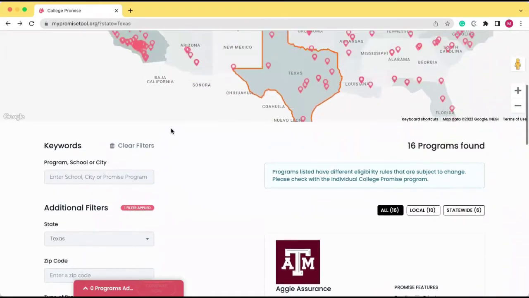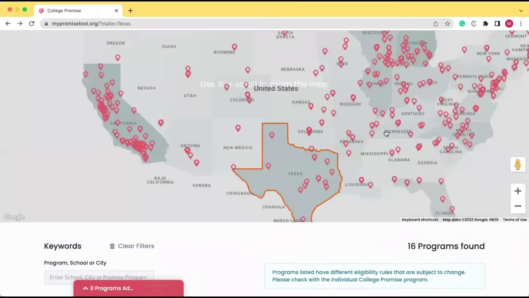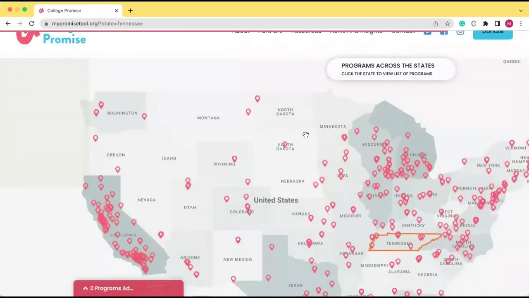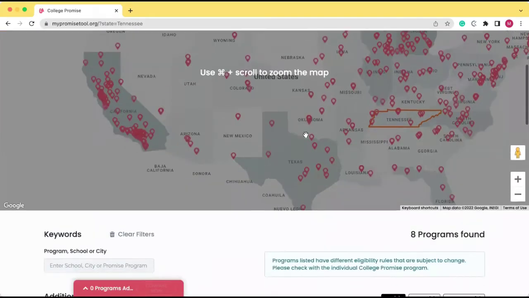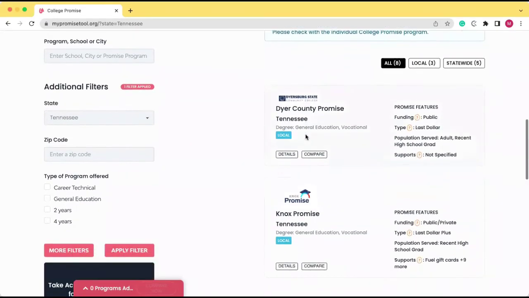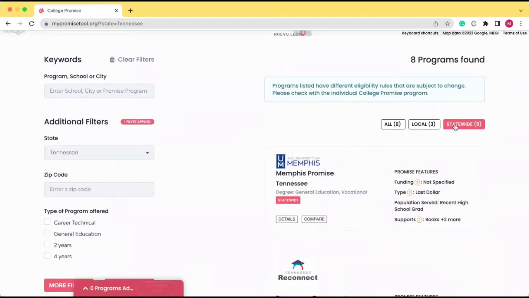Switching it up, we can also take a look at statewide programs. So I'll go to another state to give you a better idea. We'll go to Tennessee. And so down here, as you can see, we have all of the programs listed in Tennessee, but we want to take a look at statewide programs.